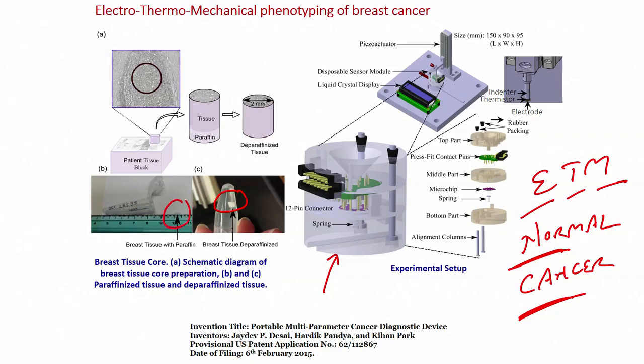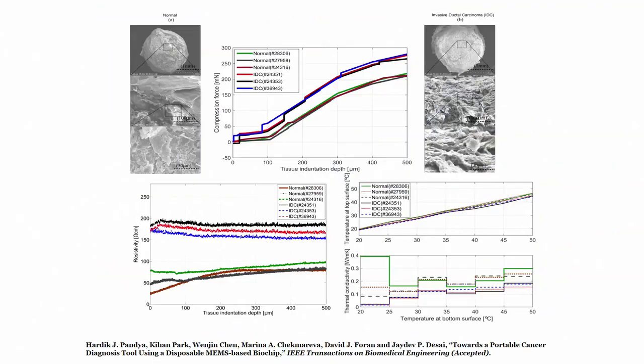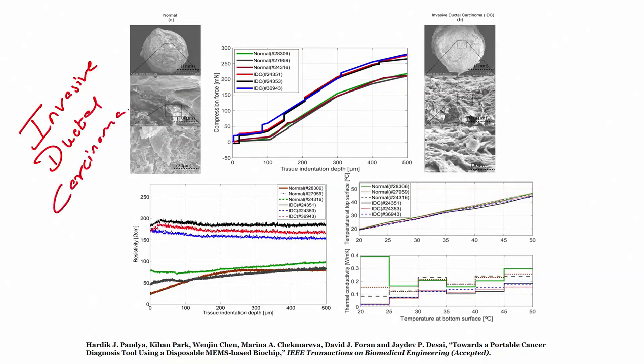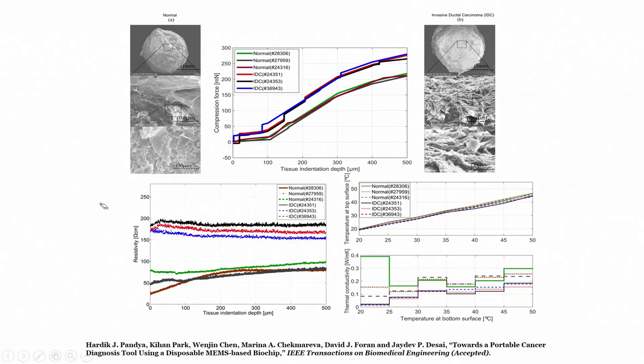This is paraffinized tissue, all right. So, that is one thing. Now, when we measure the normal tissues and cancerous tissues, in here we have taken the case of invasive ductal carcinoma or IDC. That is why you can see here IDC, all right, IDC. So, we have used invasive ductal carcinoma or IDC, and with the help of an indenter, when we indent the tissue with the depth of indentation in micrometers, we could see the compression force,